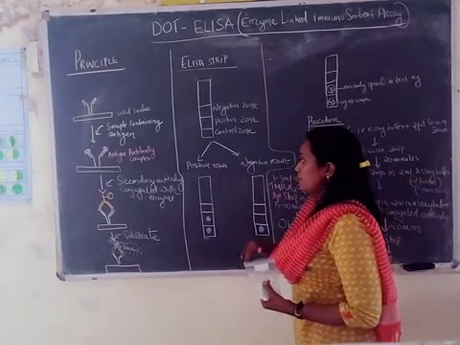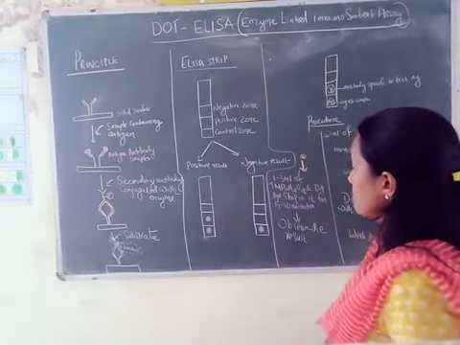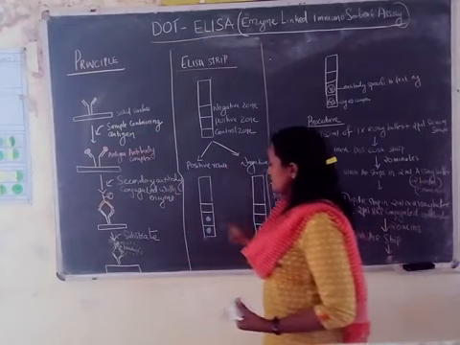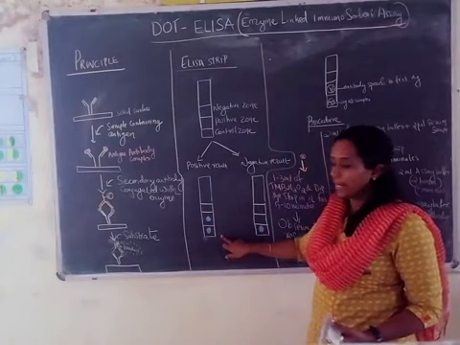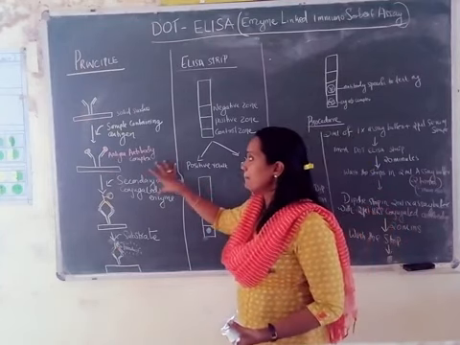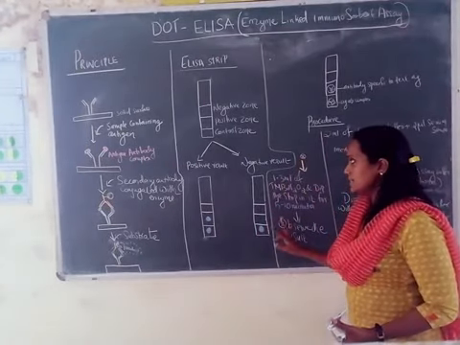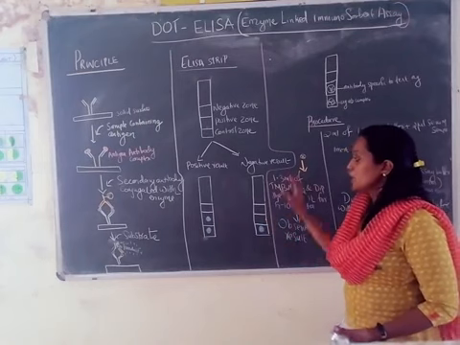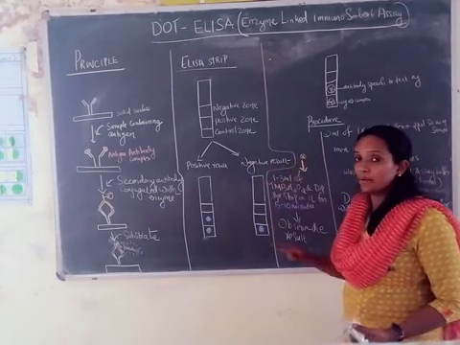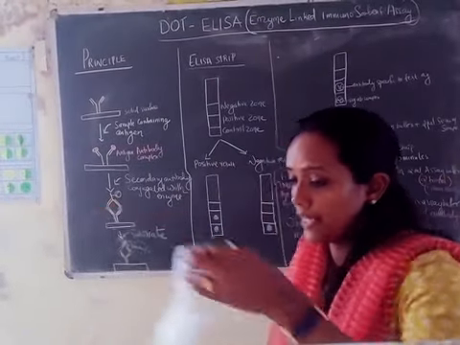After doing the experiment, you can have two results, either a positive result or a negative result. What do you mean by positive result? If the sample we are using has an antigen, you can see two spots on the ELISA strip. If two spots are there, that means the result is positive, or the sample has antigen. If you get only one spot, that means it is a negative result. Clear? This is the difference between a positive and a negative result. Positive means two dots on the ELISA strip, whereas in the negative test you get only one spot. Now how this one spot and two spots are formed, I will be explaining now.